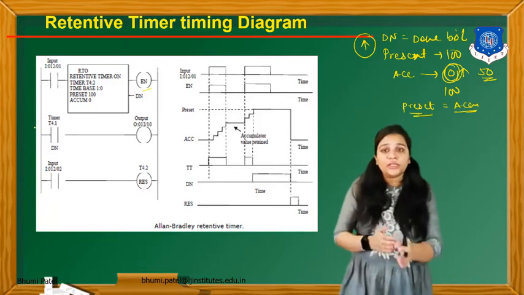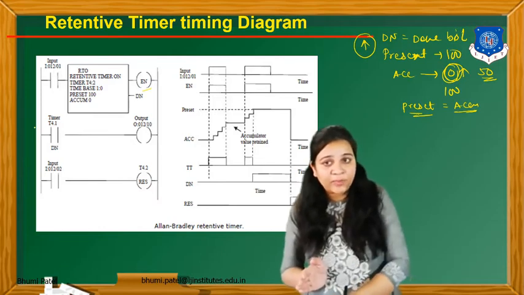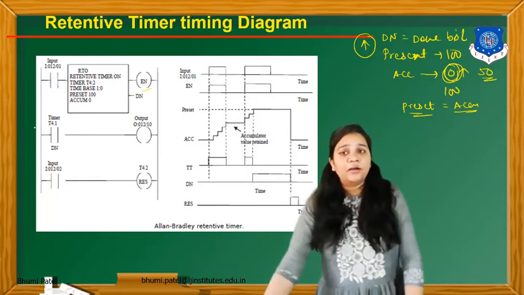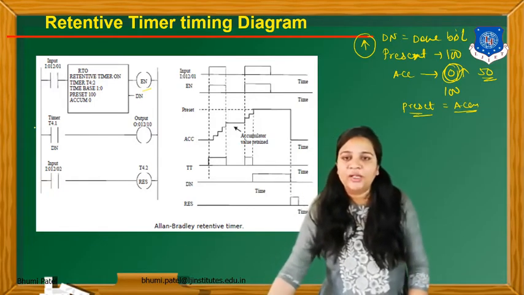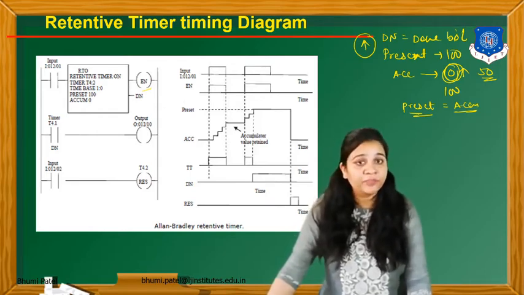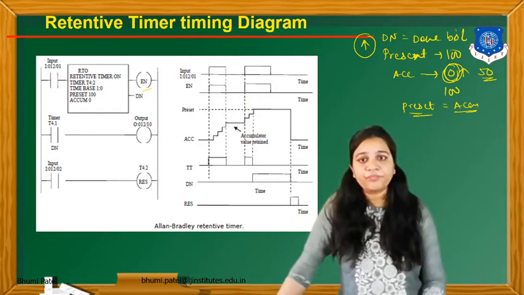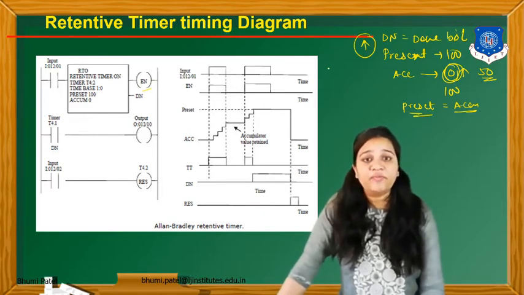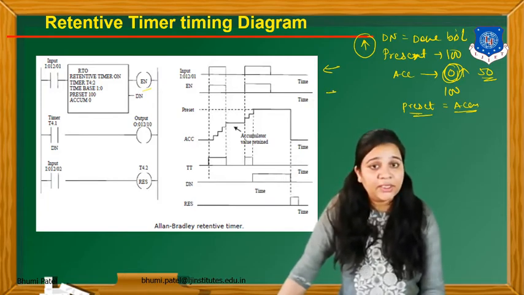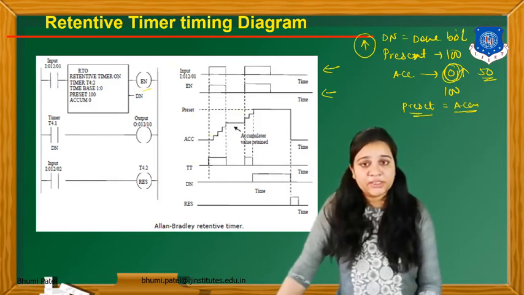Whenever you draw the retentive timer diagram, the must condition is that you specify the timer name, time base, preset value, and then the accumulator. Whenever the input is de-energized, we get the accumulator 0. And what is the function of the done bit? Whenever the accumulator reaches the preset value, the done bit will be 1. Now this is the timing diagram of the retentive timer. They give the input pulse, and whenever the input pulse is high, the enable pulse is high, and my timer will run for this particular time.